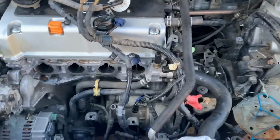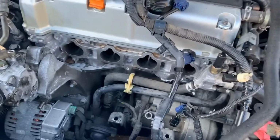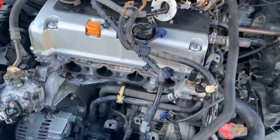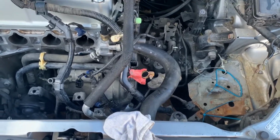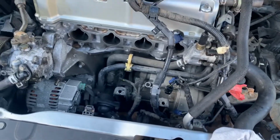We're using this as swap parts. We do have a K24 for it. This thing threw a rod, so the engine itself is no good, but the swap parts should be. So we're using that. The 6-speed transmission is still good. I drove it before it threw a rod. So yeah,